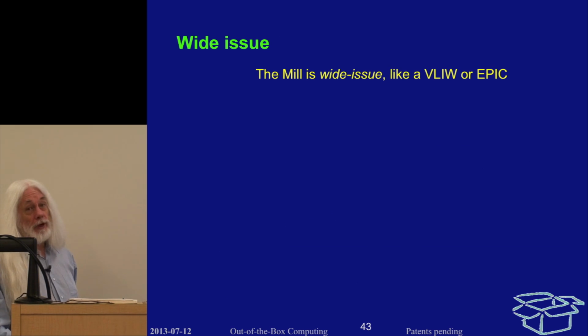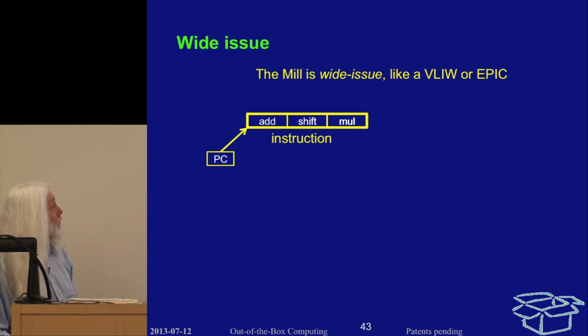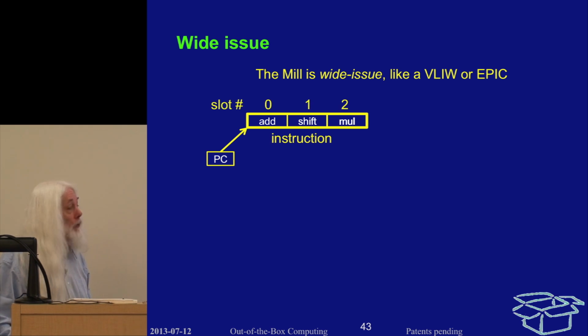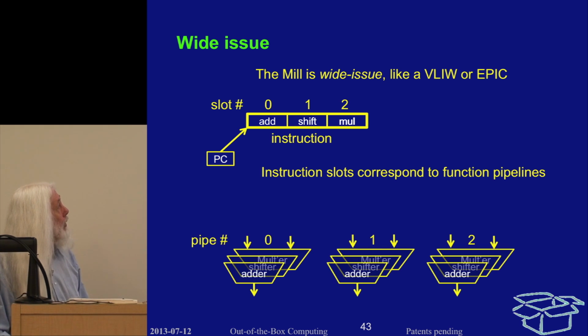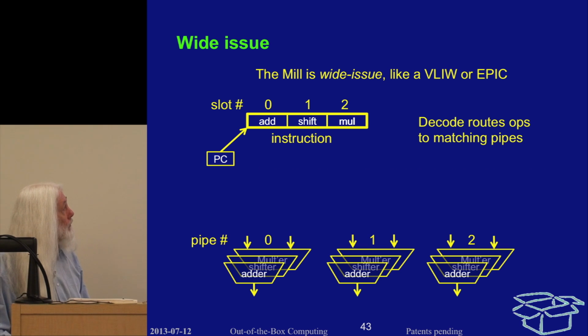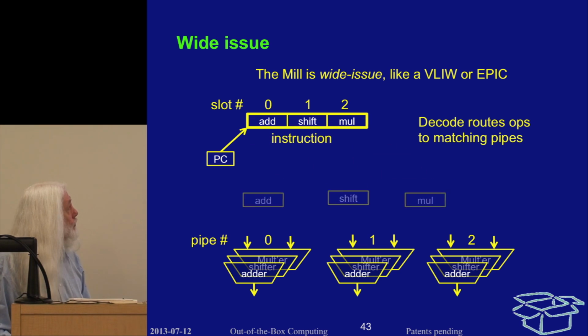The Mill is a wide issue machine like a VLIW or an Itanium. A single instruction contains several operations. All of those operations issue simultaneously and are executed together. The positions, the textual position within the instruction are referred to as slots. This is a common terminology in the VLIW world. And the instruction slots in numeric order correspond to function pipelines in order. So when the decode routes the ops to the corresponding pipelines,